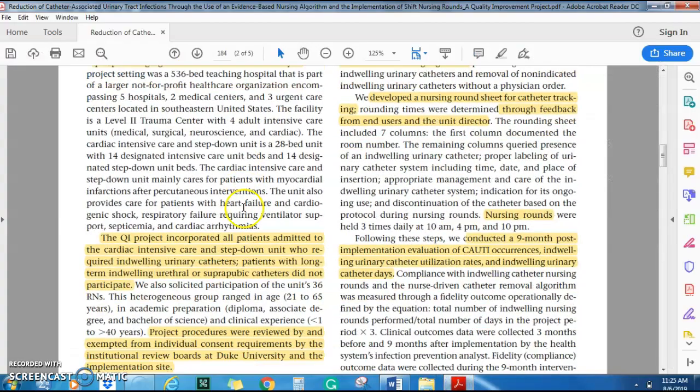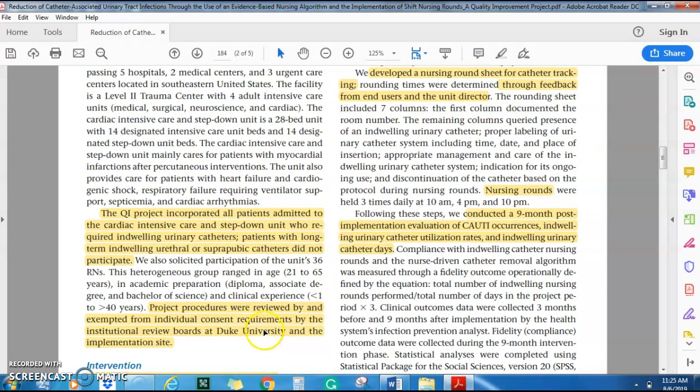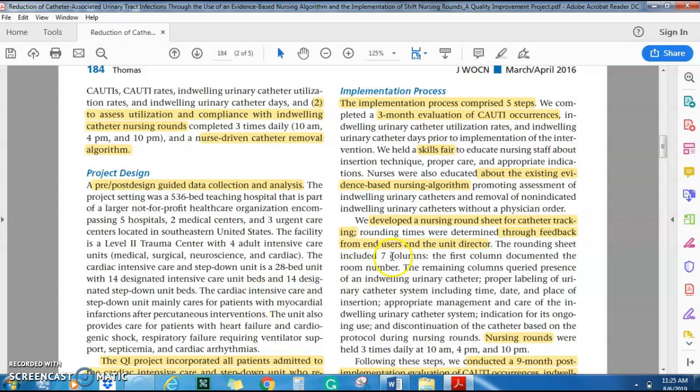So with project design, let me see here. Oh, here is the IRB. Project procedures were reviewed and considered exempt by Duke University and the implementation site. So that's your ethical oversight. But when we talk about the 5 steps, here we go, the 5 steps evidence-based model,